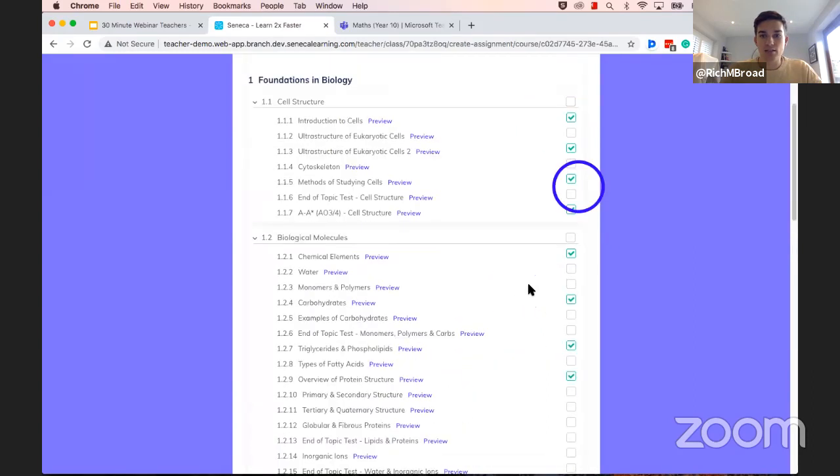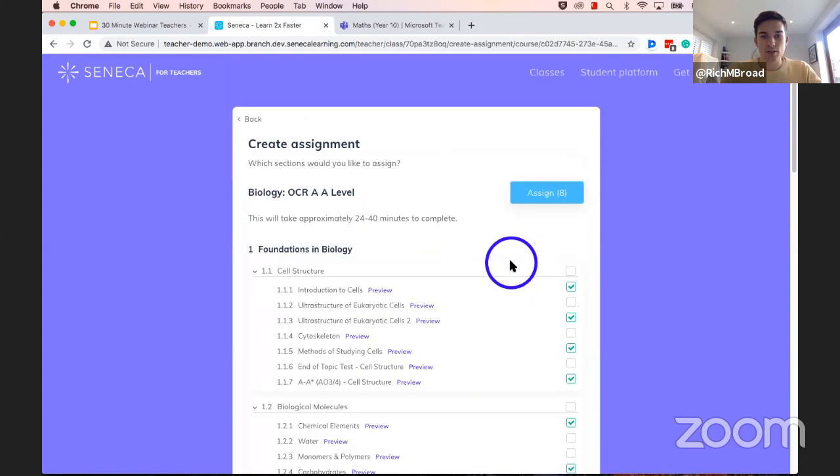And when you've selected the ones you want to set for your students, you first of all see there's this little time suggestion up here of 24 to 40 minutes. So that's quite useful when you're thinking about how much time to set for you, how much work to set for your students. And when you're ready, you just click Assign,